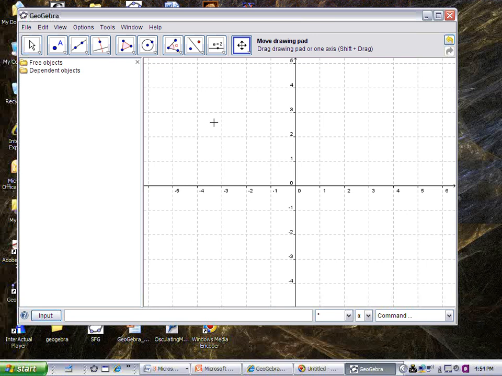Now there are a lot of ways of making a triangle, but the easiest one is to use the polygon tool and make a triangle. Polygon tool lets you either connect existing points or create new points and automatically connect them together in the shape of a polygon, and we're going to make a triangle this time. So we click on the polygon tool,